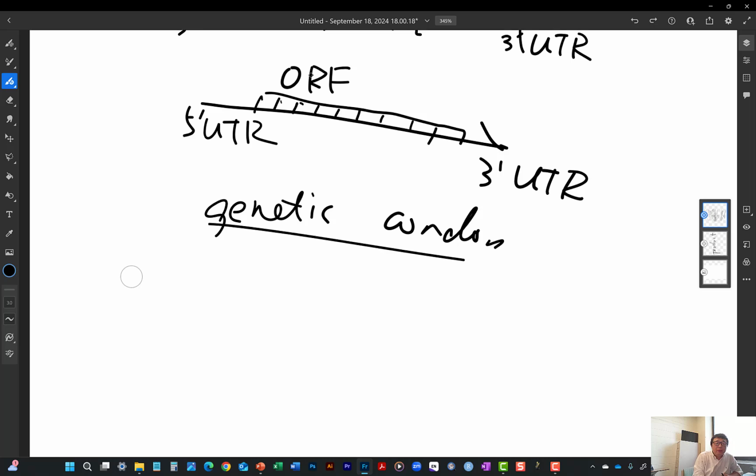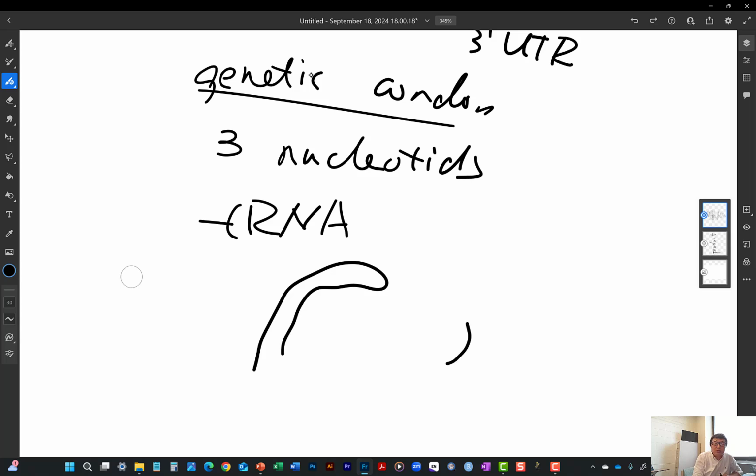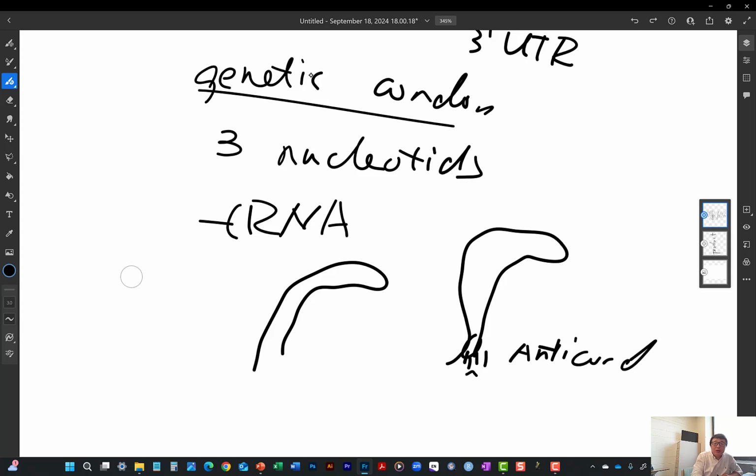Each genetic codon has 3 nucleotides, and each set of 3 nucleotides will be recognized by tRNA. A tRNA is an L-shaped structure, and this side is called the anticodon. Each anticodon will bind to one of the codons, and this tRNA works like a translator or bridge, because